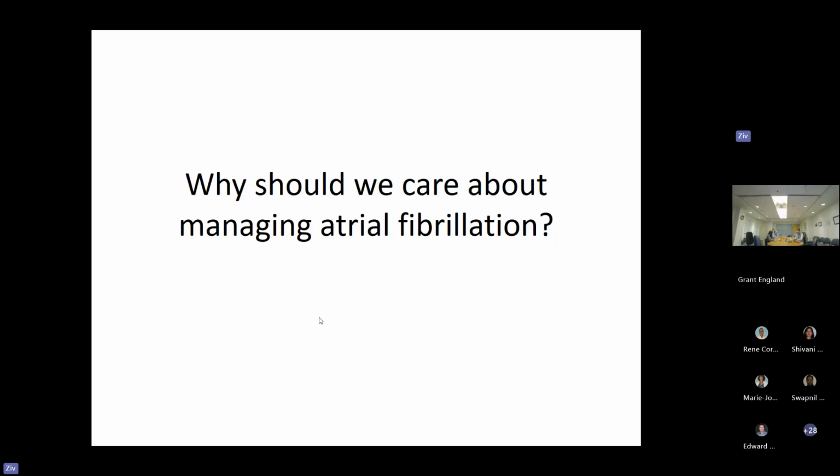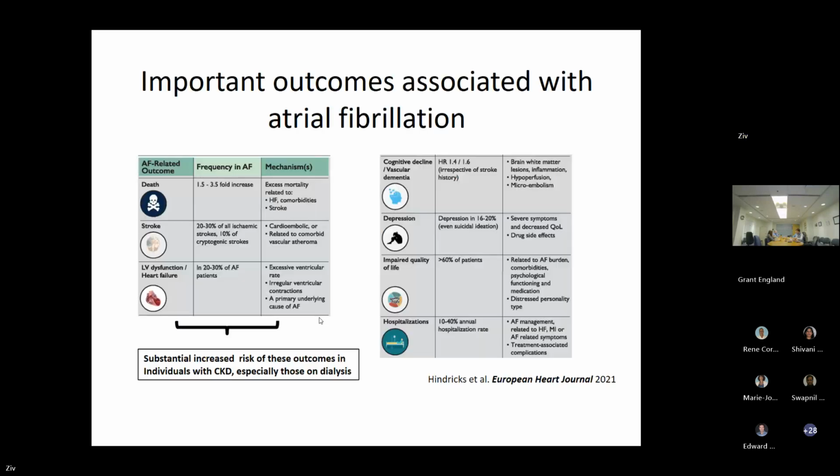So the first question is, why should we care about managing atrial fibrillation? We all know that atrial fibrillation is an important disease to manage, not only because it's associated with an increase of stroke, an increase of heart failure and death, but it's also a multi-system disease. It affects individuals' cognition and is associated with vascular dementia. It affects people's mental health, and with that also impairs their quality of life, not only through the mental health components and the strokes and the other conditions with it, but also the fact that these individuals are at